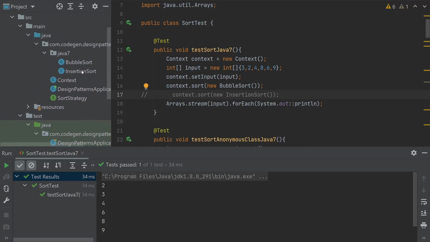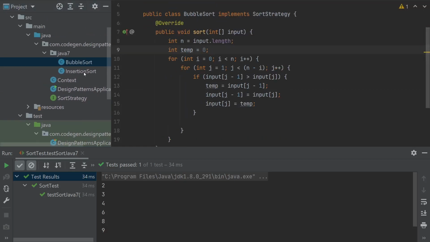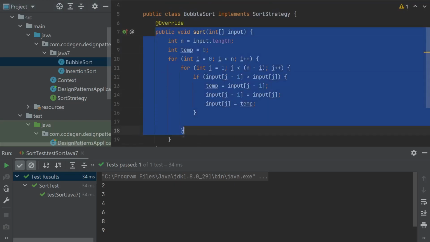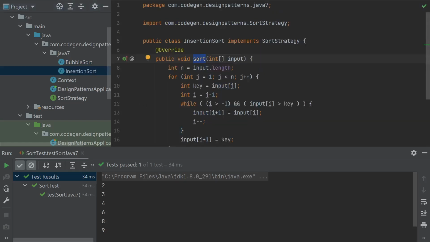If you observe, these strategy implementation classes, bubble sort and insertion sort, consist of only one method, which has the logic to sort the given array, right? The only piece used in this class is this one method.